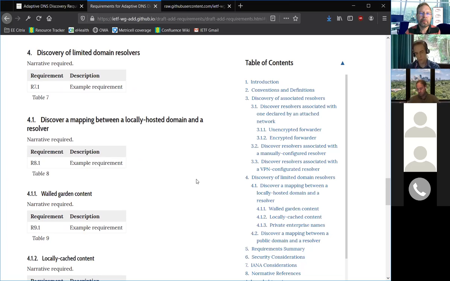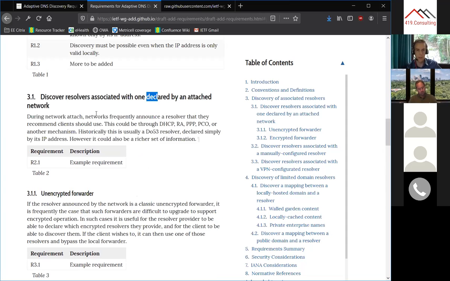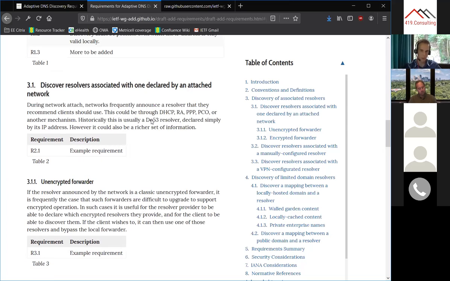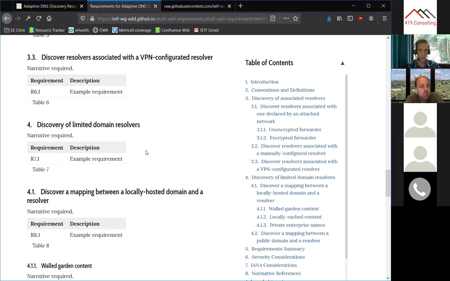So the way I think about that is, yes, you need to discover what's available from that local network, and that's not just going to be one answer. That could be a set of answers using different protocols with different filtering. And this first case could tell you all of that, but what you also need section 4 for is to